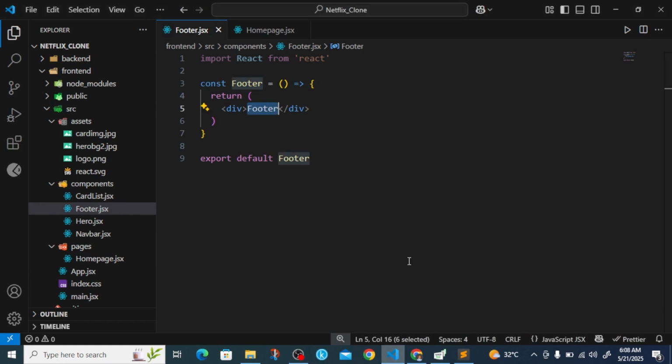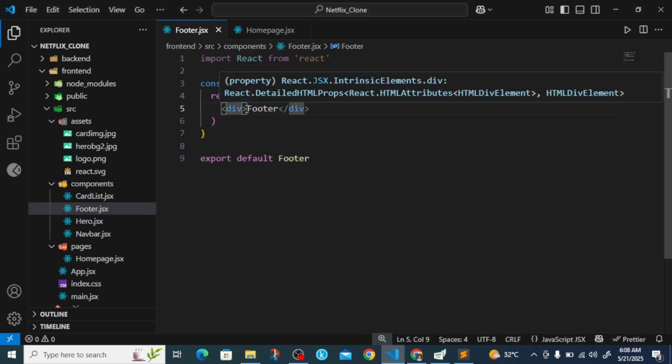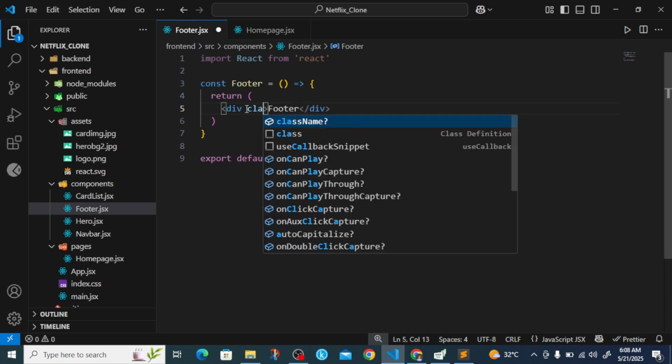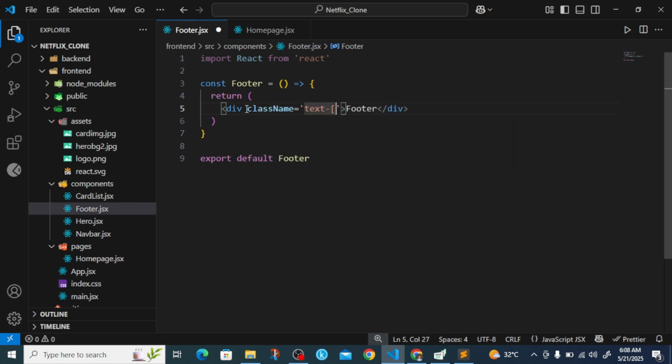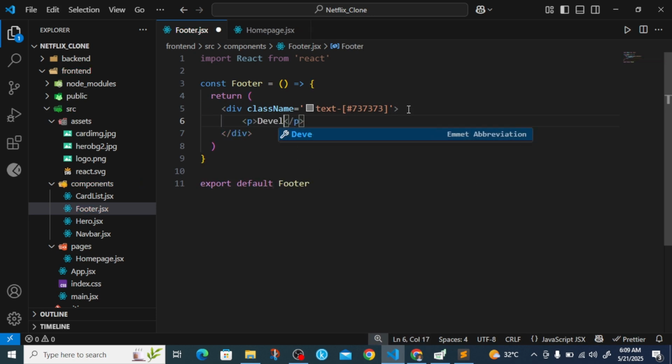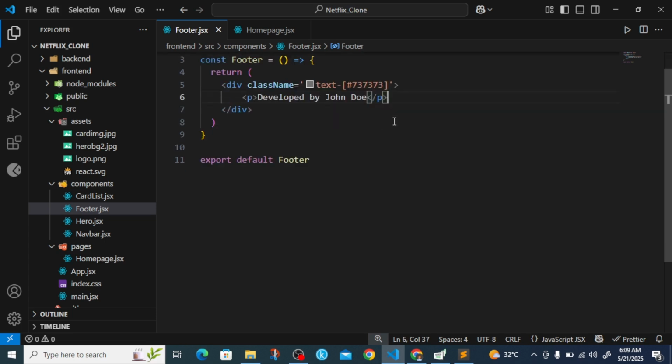So as usual, we're going to work on the structure first, but we can change the text color so that we can see what we're working on. Give it a text color of #737373. Yeah, that grayish color. And then inside this div we're going to have a p tag which we are going to use to give credit to the developer. Developed by, you can say John Doe. Put your name here, don't use John Doe, please. Put your name, you're the developer, so you deserve the credit. So developed by John Doe, and then we can